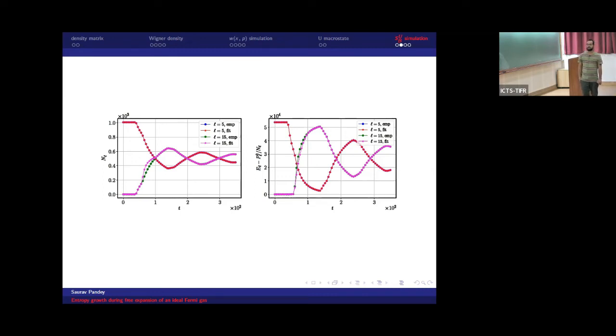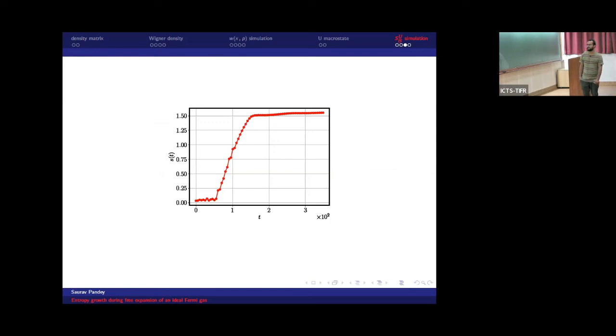But of course there are some deviations here, and that's because initially you have very few particles with very high energy in that cell, so it happens to be a bit tough to fit. The last slide I will show is this entropy plot. This is entropy per particle over time, and as you can see it grows more or less monotonically and relaxes to some value. So this is what we have done so far, and this is one way of coarse graining the system, but it is not the only way.